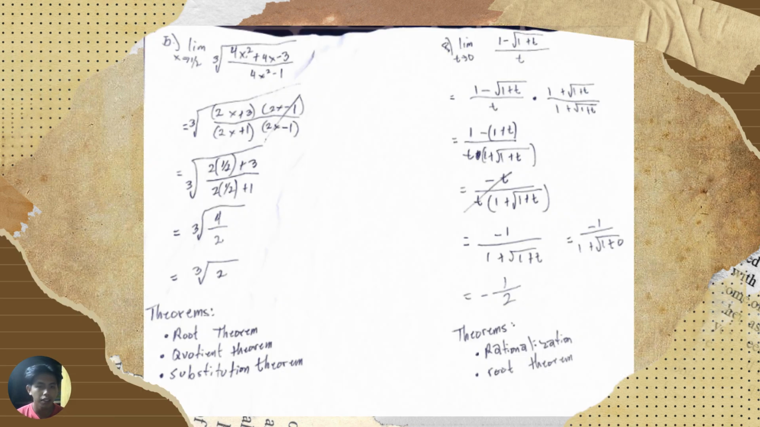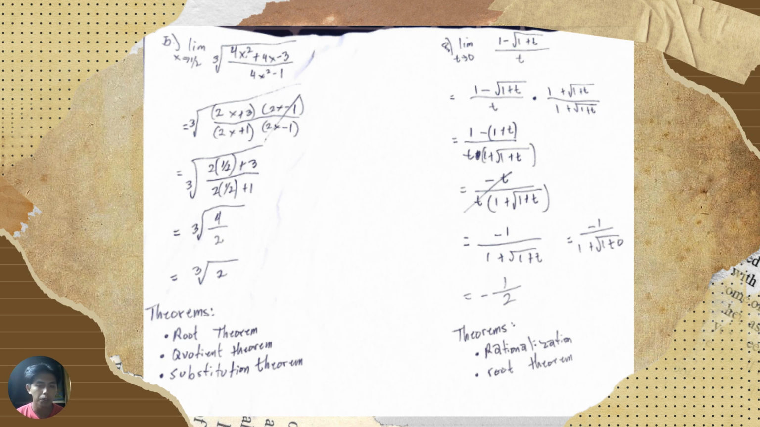Okay, so we're given the limit of the cube root of 4x squared plus 4x minus 3 over the cube root of 4x squared minus 1, as x approaches 1 half. So this time we are going to factor out in order to cancel the 2x minus 1. And after canceling, you are going to substitute the value of x